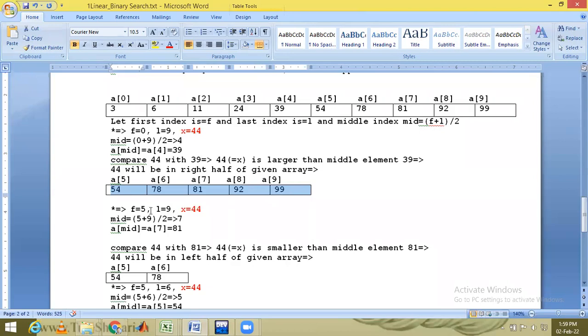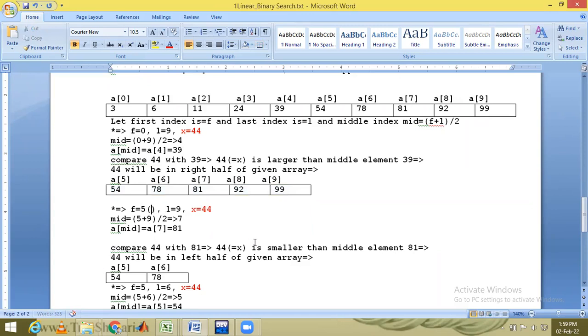अब यहाँ पर F क्या हो जाएगा? Mid plus 1, क्योंकि आप मिडिल के राइट में चले गए ना, तो F हो गया यहाँ पर। इसके केस में हम कह सकते हैं कि जो ये 5 आया है, ये कैसे आया है? ये आया है mid plus 1 करने से। L वही रहेगा जो पहले था। पहले L 9 था जब पूरी array given थी, अब जब आधी array given है तब भी L 9 है, क्योंकि हम राइट साइड में आए हैं।